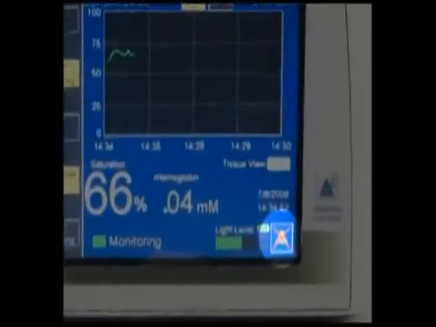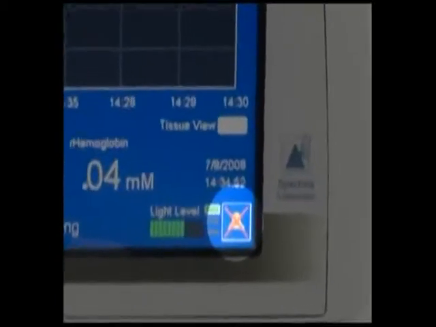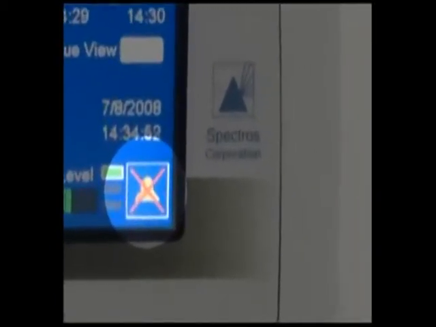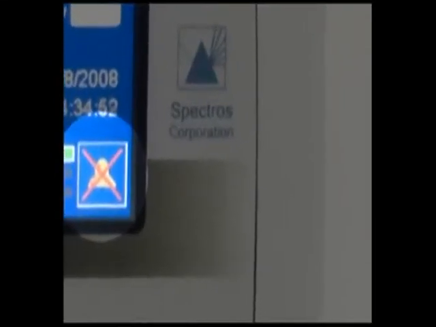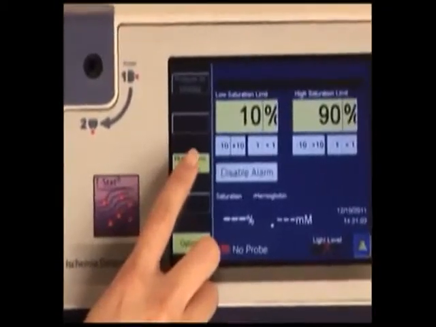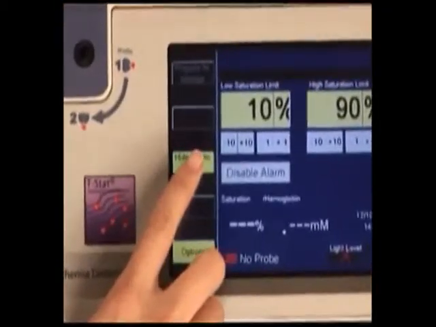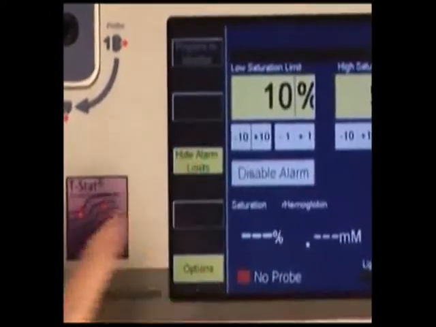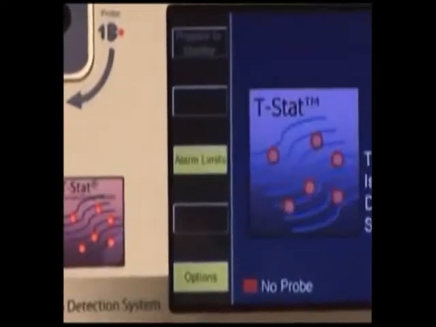To temporarily silence an alarm for 2 minutes, press the blue and yellow bell. This button remains visible during monitoring and can be used during monitoring to temporarily silence the alarm. To exit alarm setup, press Hide Alarm Limits. You may also access and change alarm limits while monitoring a patient by selecting the same yellow Alarm Limits button,